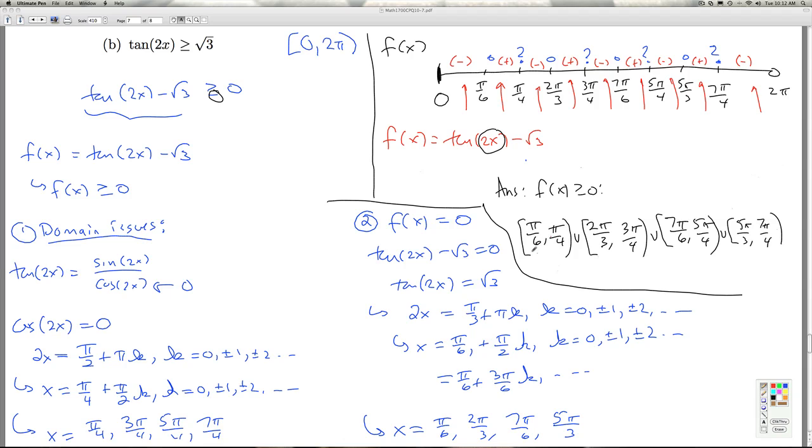So my final answer is including pi over 6 up to but excluding pi over 4, including 2 pi over 3 up to but excluding 3 pi over 4, including 7 pi over 6 up to but not including 5 pi over 4, and then including 5 pi over 3 up to but not including 7 pi